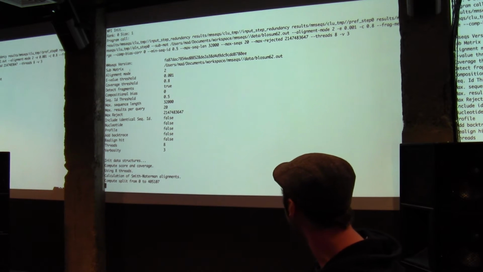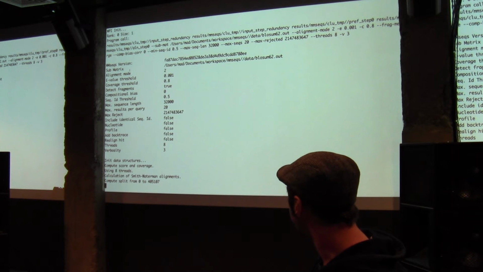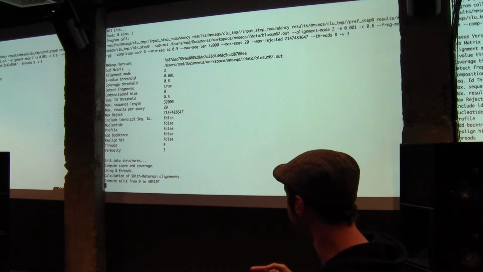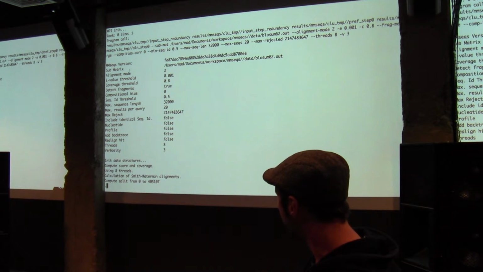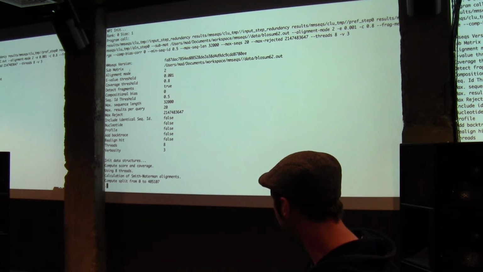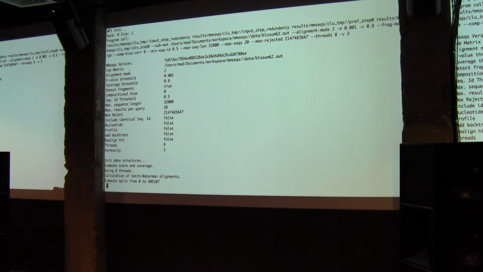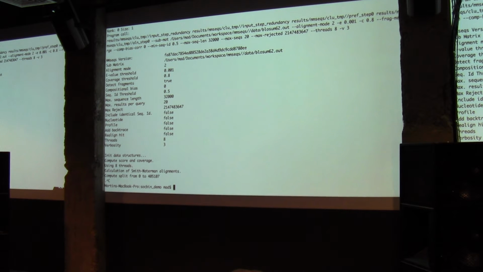So with this all-against-all comparison, the biggest bottleneck that we have at the moment is actually still the alignment module. So we were able to bring down the pre-filtering. The pre-filtering is now so fast that the main bottleneck is now really computing the alignments for all the hits that the pre-filter found. So this might take some time. So let me just stop this at this point.